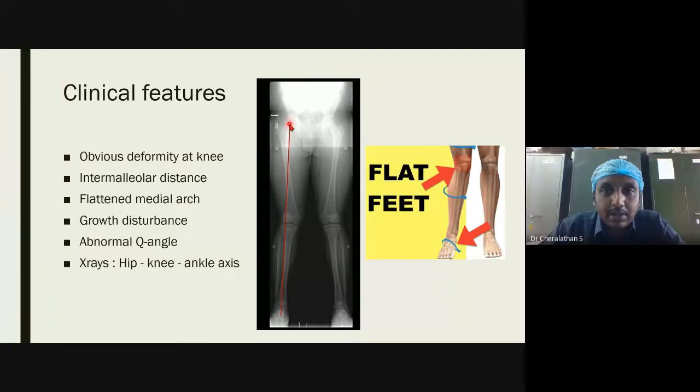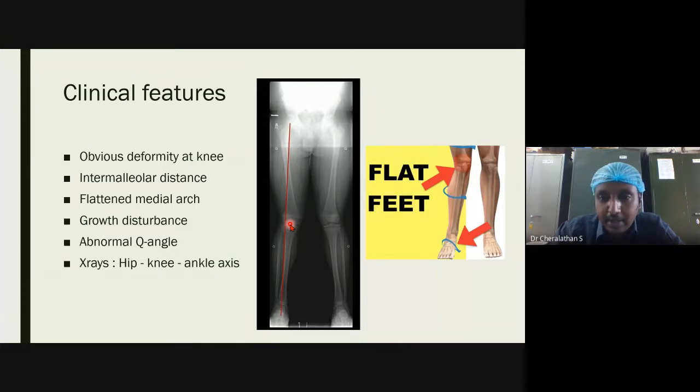Good. See, this X-ray film is called a long leg X-ray. The X-ray covers from the iliac crest to the patient's foot. Now you have this X-ray with you. You mark the center point of the femoral head. The femoral head is actually a globe, right? You mark the center of the femoral head and the center of the ankle joint. You connect these 2 points. In case of a normal knee, it should pass through the center of the knee.